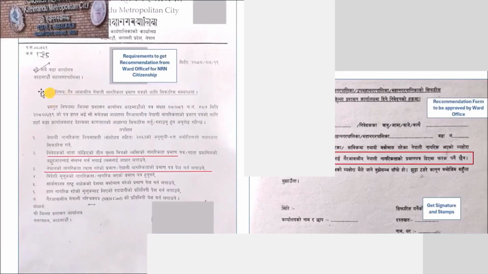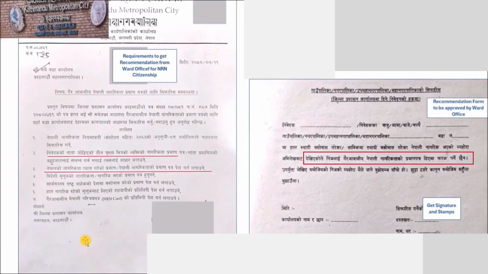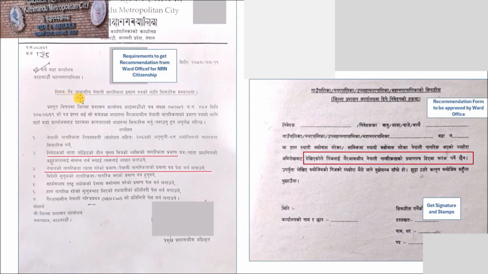In this office, they had this checklist posted in their information center. Here it says, Bisay Gair Abasiya Nepali Nagarikta Praman Patra ko lagi sifarish sambandhama. So for the recommendation letter for the NRN citizenship, this is the list of requirements. Okay? It asks for information such as Teen Puste, Pitrako, Byaktiko, Nagarikta Praman Patra. So basically it asks for 3 generations of identification. If you're the applicant, maybe the applicant's parents, grandparents, and so on. So you'll have to provide many documents and photocopies. It also asks for the renunciation letter. It says Nepali Nagarikta ko tyag gareko praman or Nepali Nagarikta ko praman patra.